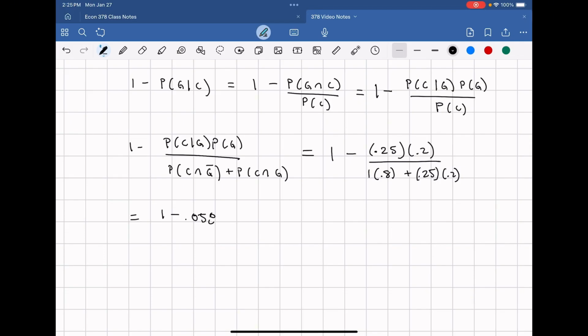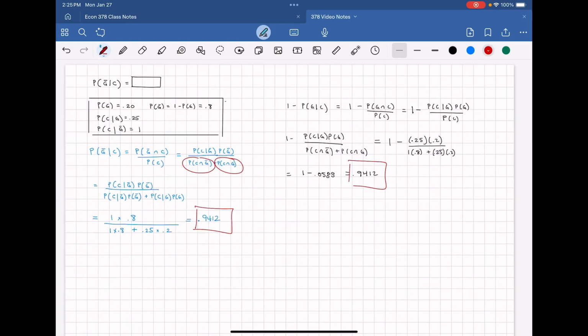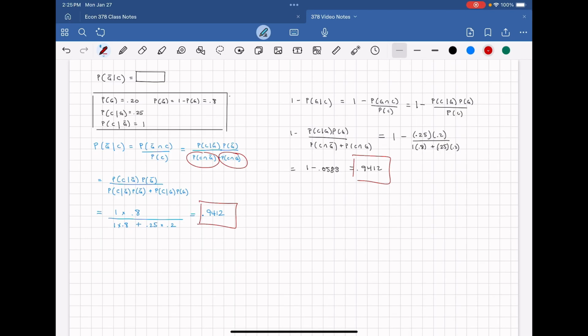And so this is equal to 1 minus 0.0588, which is the same answer that we had using the other method. So we can use either of these methods to calculate the probability that she knew the answer conditional